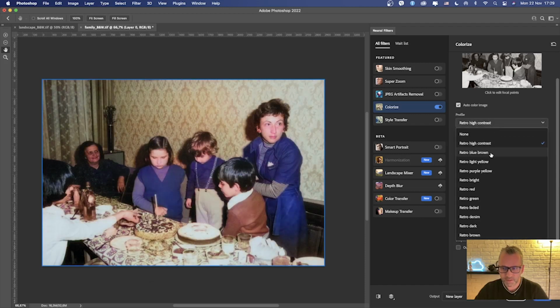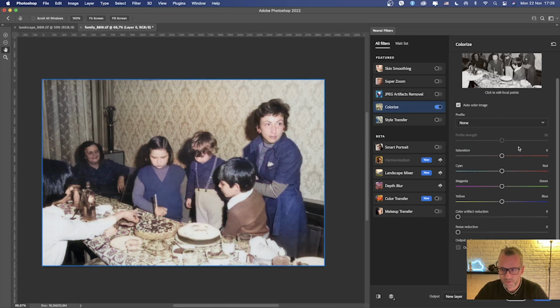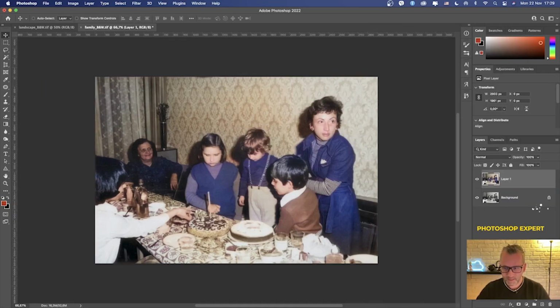No, actually I don't want to use the filter. I just want to put a little saturation. And you can see the photo becomes alive. So I'm going to click OK. And now you can see the before and after. This is the before, the black and white photo, and this is the after. As far as I can remember, the wallpapers and the interior, in this case, remind me pretty much of my childhood, so I can say good job. So let's go to the next one.